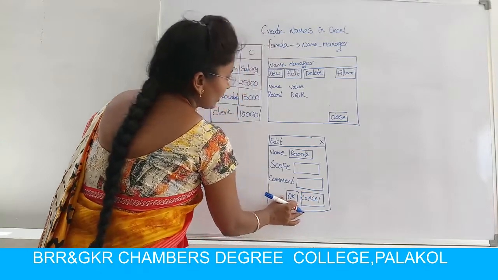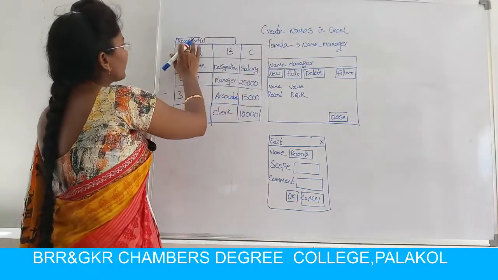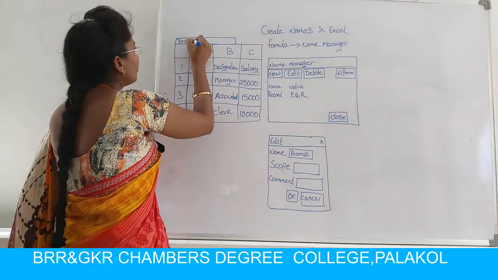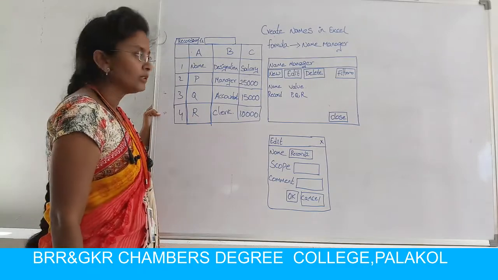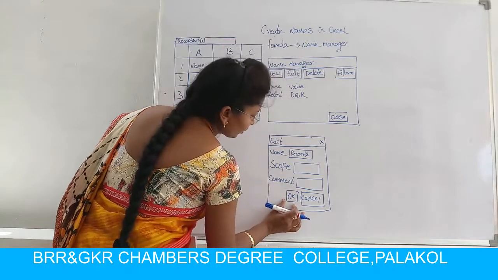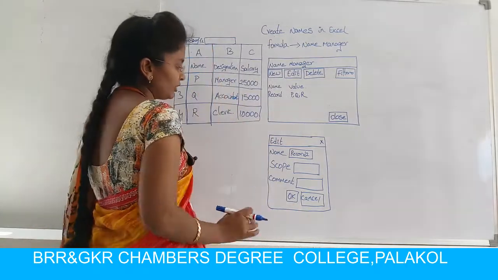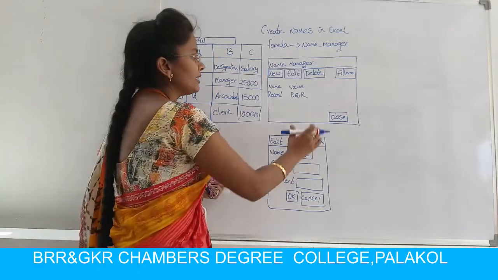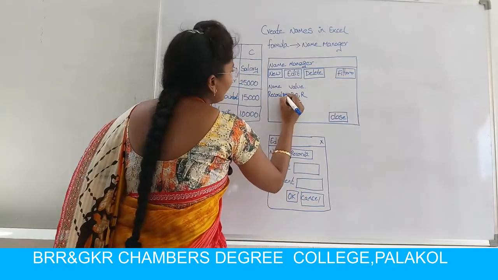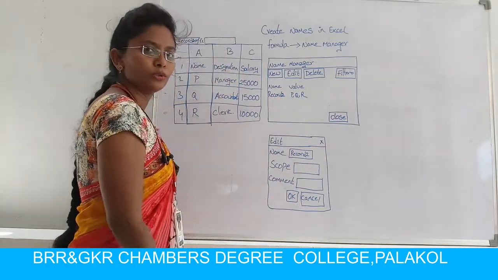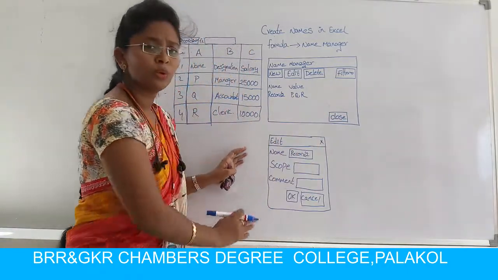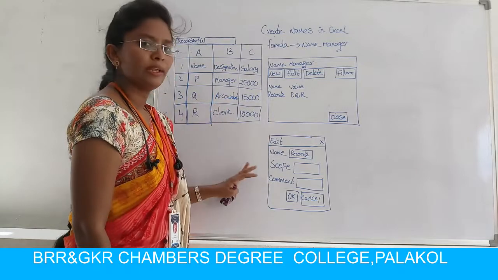If you are clicking on the OK button, then automatically the record will be changed to the new name. The old name will be replaced with the new name. The new name is recorded. If you are clicking on the OK button, this name will be changed over in the name box, as well as this dialog box will appear like this. And in this dialog box also the name will be changed to record 2, and then close this dialog box. This is the way to edit the name in an Excel sheet.